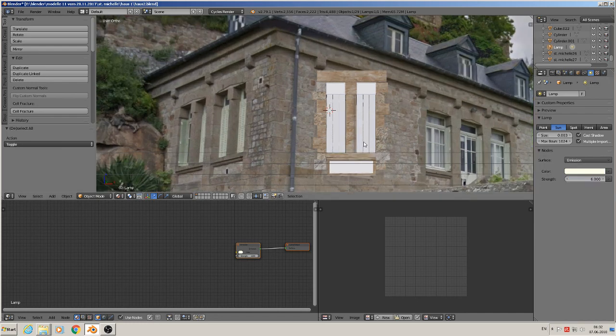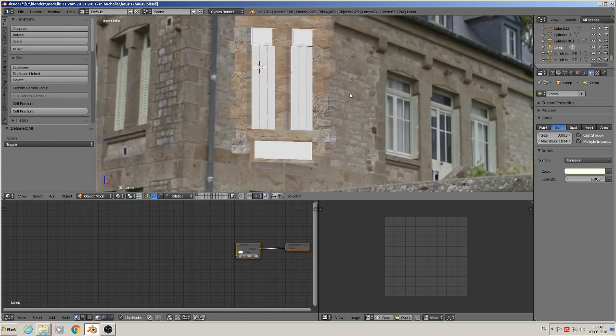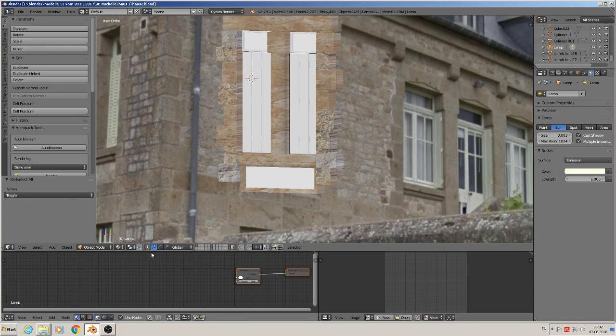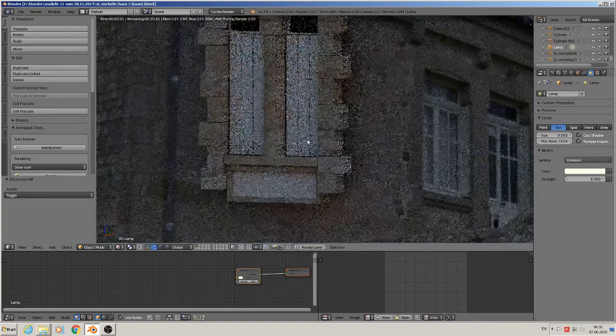That must be better. Good. File, save. And when we now take first view of it, go here to render mode, you see that